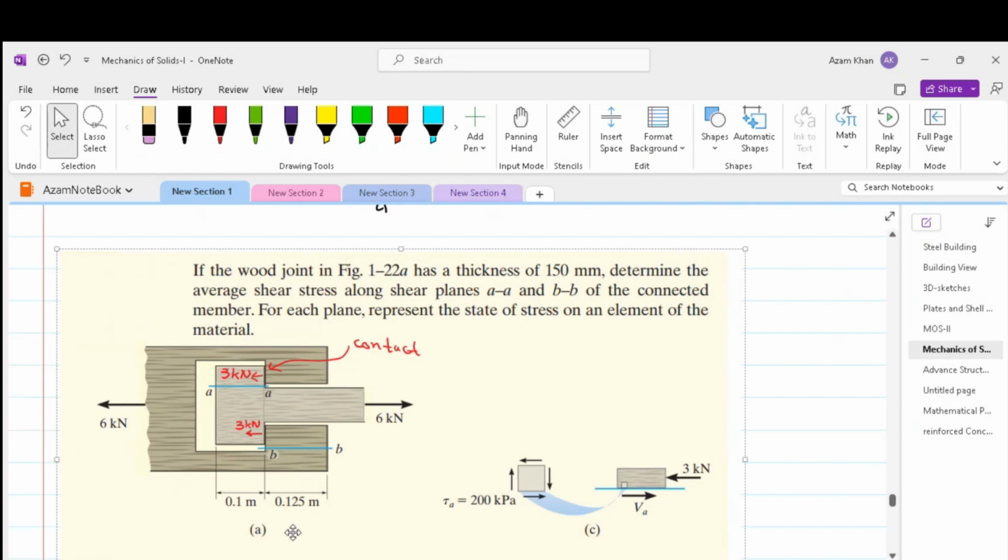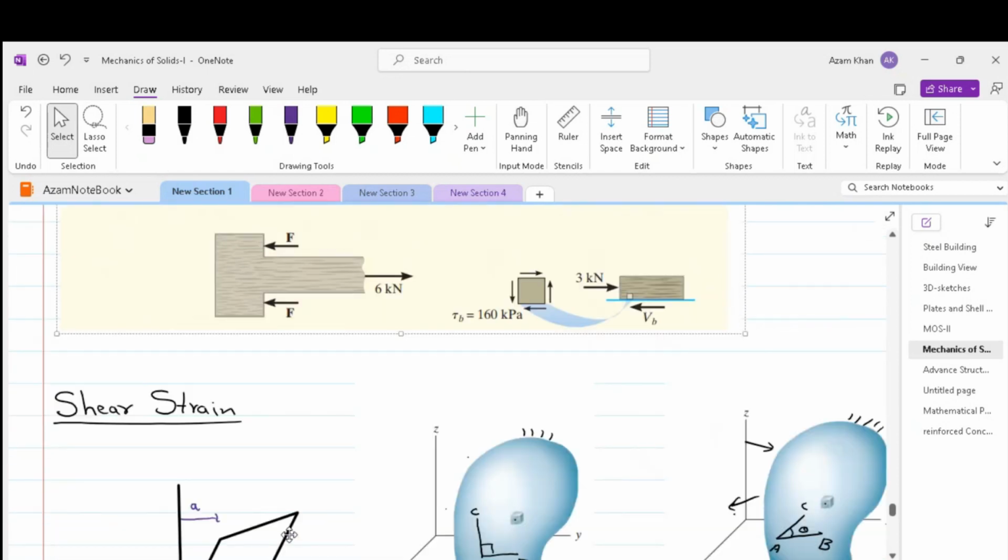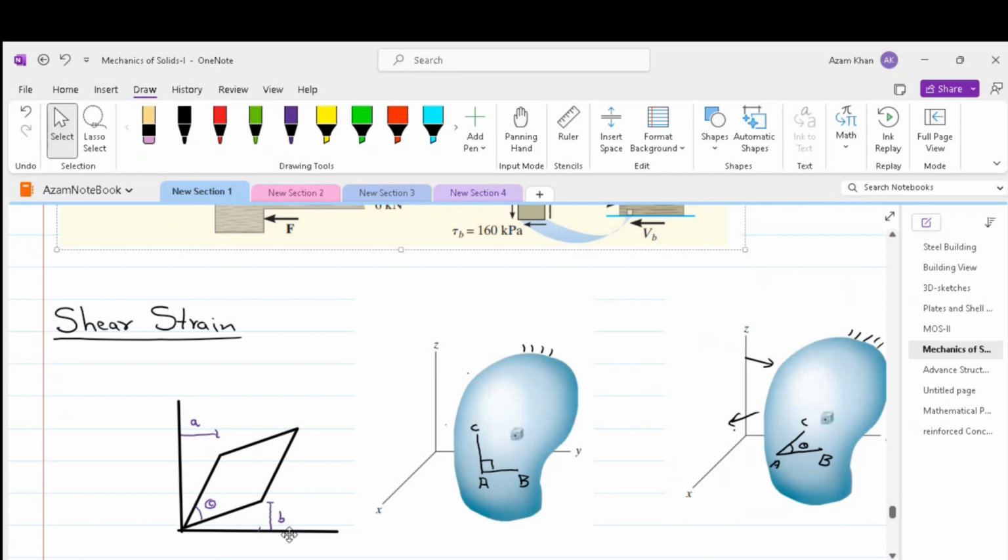Now, let us discuss shear strains. As we have discussed, at a surface of interest we can't only have axial stresses, we can have shear stresses. So correspondingly, we will have shear strain. The shear strain does not cause a line segment to elongate or contract, but it causes the line segment to change its direction. If we select two line segments AB and AC on the body, which is supported,